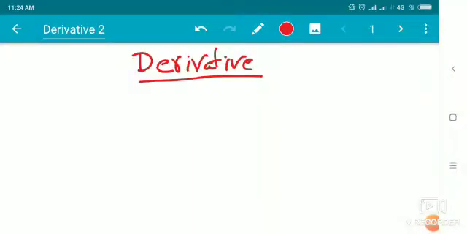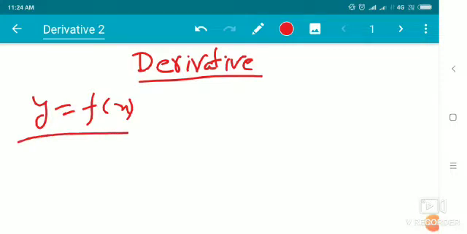In the last video, we discussed function and the definition of function along with function notation. The definition of function is a relation between two non-empty sets, and function notation is y is equal to f(x). Mathematically, we write y is equal to f(x), and how we say this line, that we say that y is